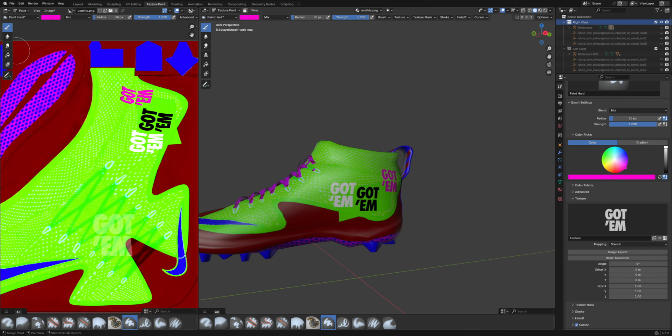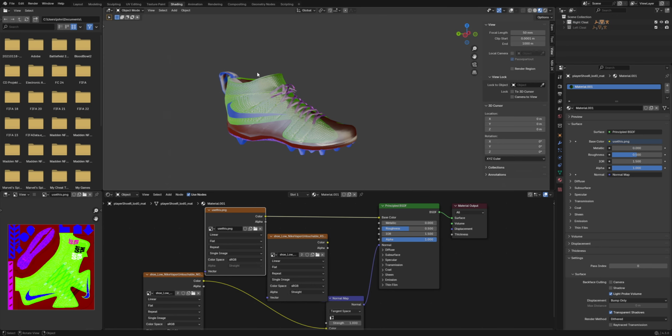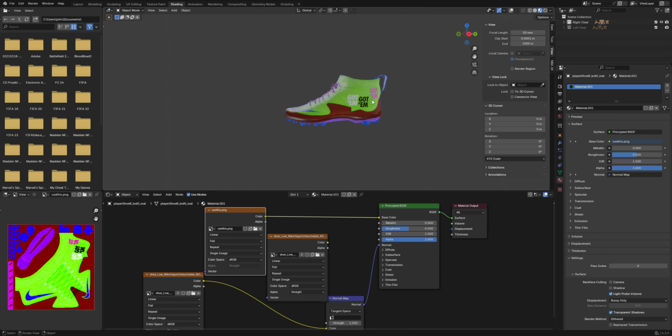So in the background, all I'm doing is applying this stencil to the 2D texture file in Photoshop, saving it. And then when I open it up back in Blender, if we were to go back to our shading tab, okay, so we've got the 3 logos there. If we get rid of this and then just open up